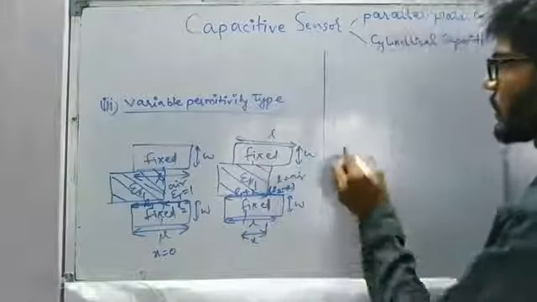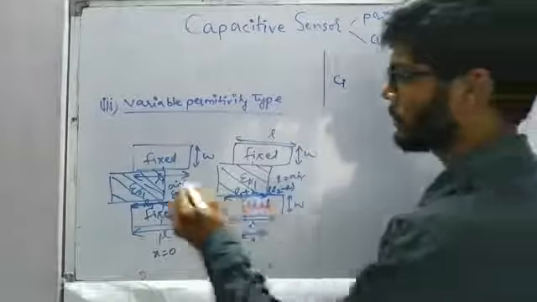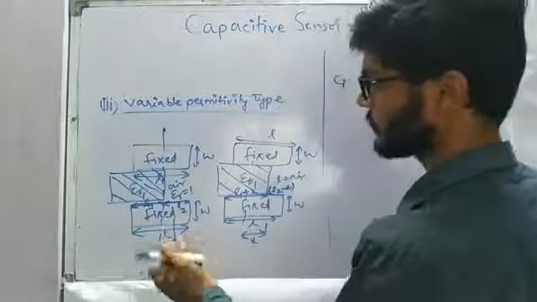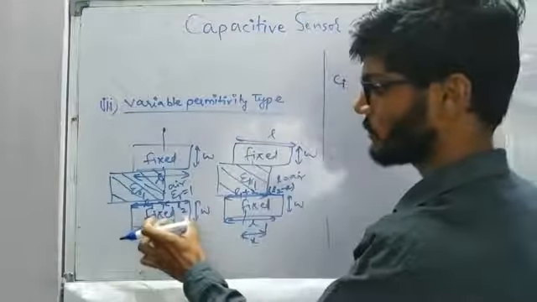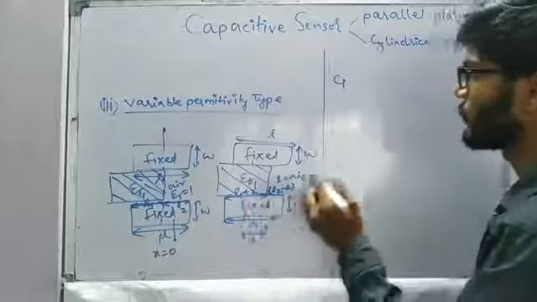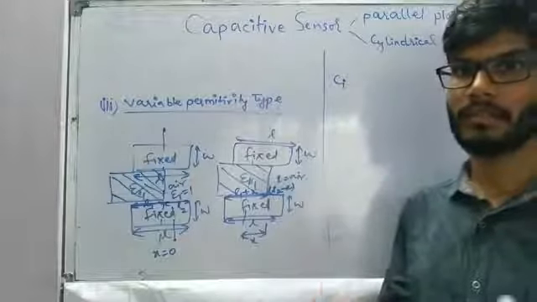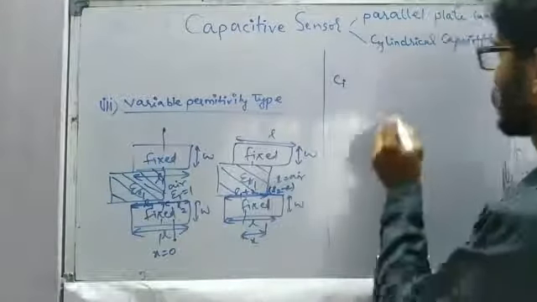So now we have to calculate the change in the capacitance value. In the initial case we calculate the initial capacitance as Ci. One more thing: as these two plates are going to have the same potential difference, this particular capacitance is going to work as C1 and this one as C2, and they are going to be in parallel combination, because if the voltage difference between two capacitors is the same, they are in parallel combination. So like this.